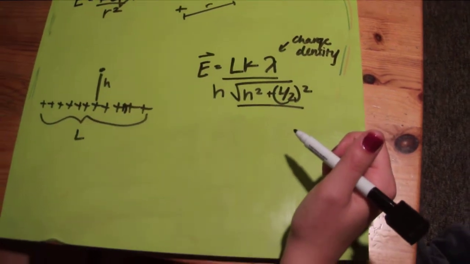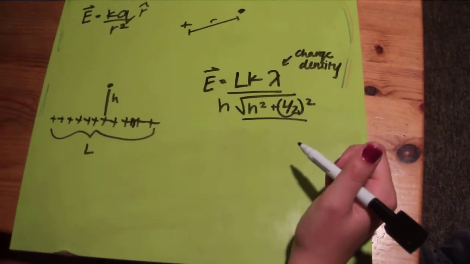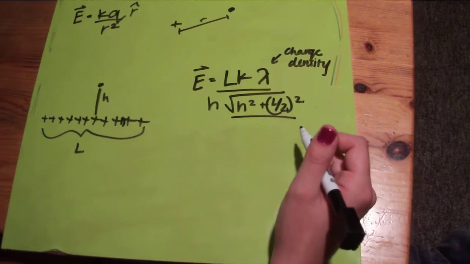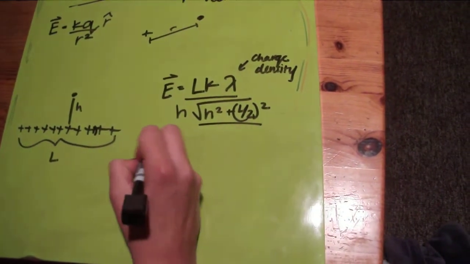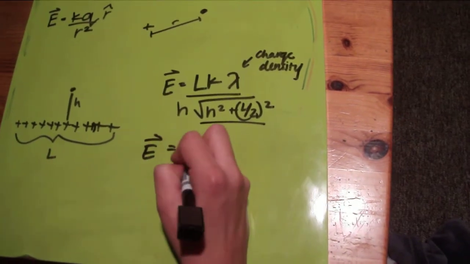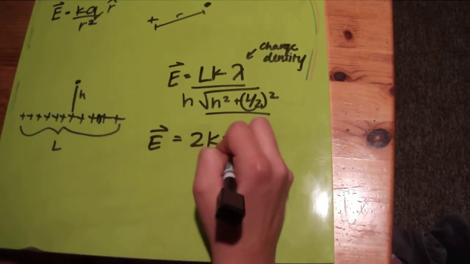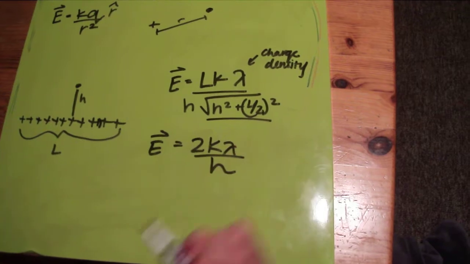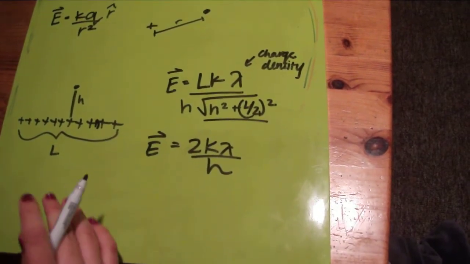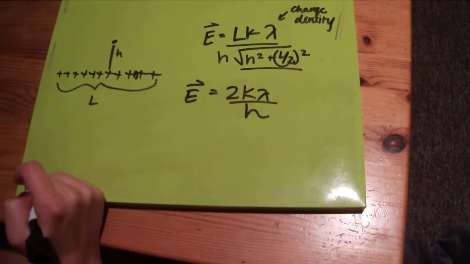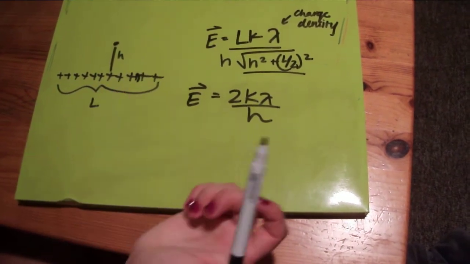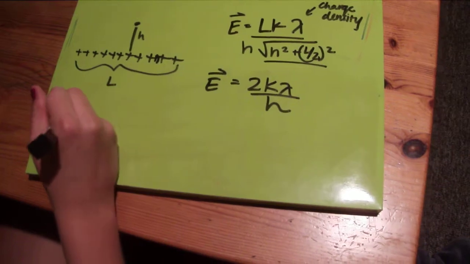And then the next one we need to go over is the infinite line. If the line is infinite, then that means there's no length. So an infinite line would be E equals 2k lambda over h. Now, let's talk about a plane. In a plane of charge, an infinite plane of charge is